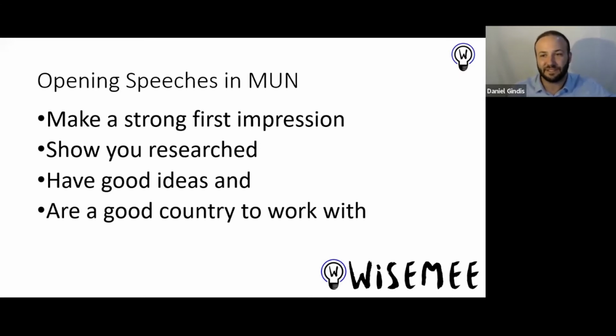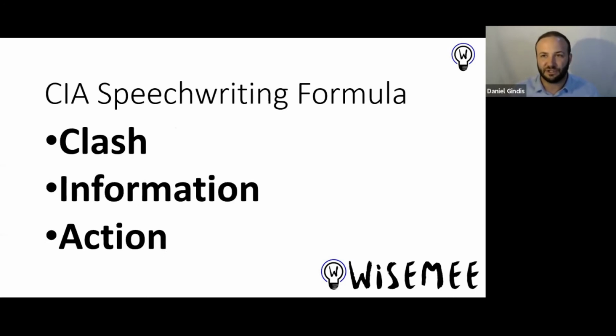Lack of specifics is very bad for first impression. It makes it seem like you don't know what you're talking about. So how do we ensure that we know what we're talking about and our thinking is policy oriented and we're working on solutions, which is what everyone wants to hear, our opinion on the topic? So the formula for MUN opening speeches is the CIA speech writing formula, which stands for the following: clash, information,